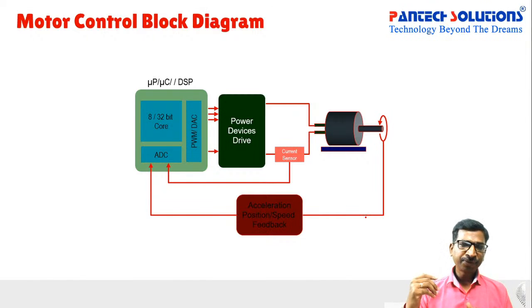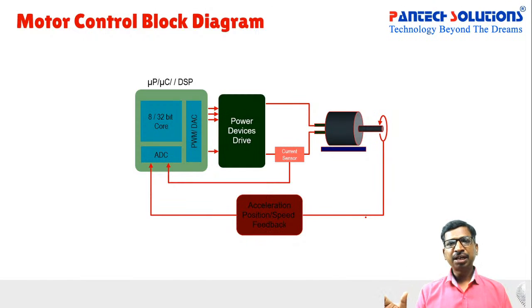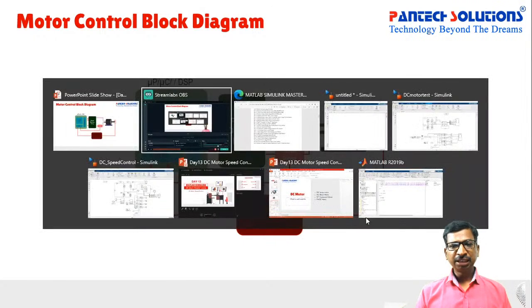But for some applications, motor speed itself is enough to regulate the speed of the machine. So like that, based on our target applications and requirements, we have to choose the sensing elements. So again, in our agenda, we have a sensing